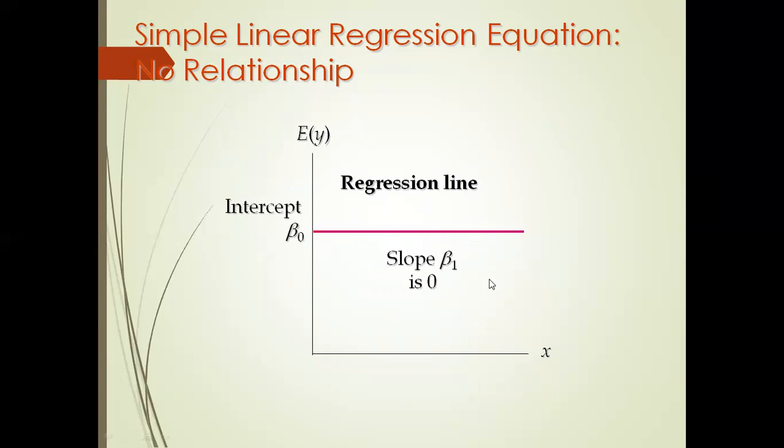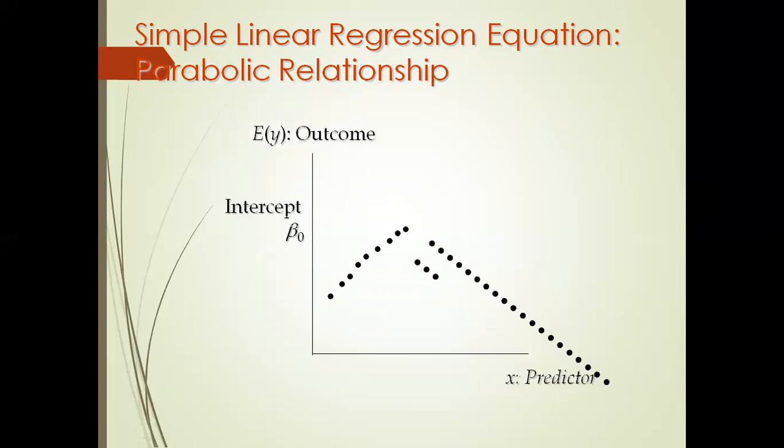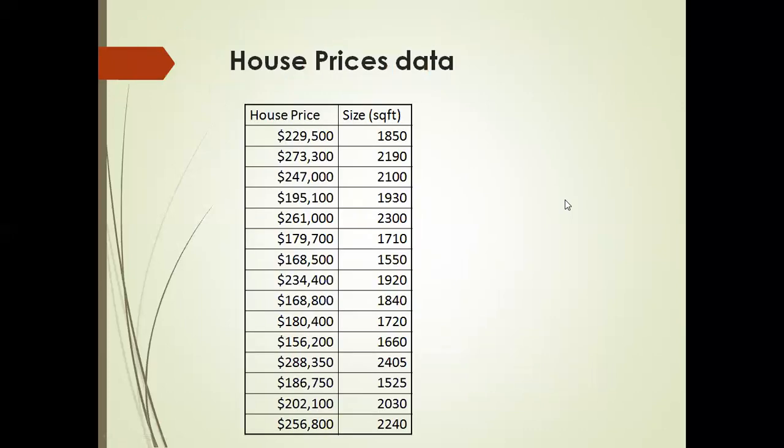Okay, fine. So this is a simple linear regression equation of parabolic relationship. Parabolic means that it looks like a parabola. Here also the value of y keeps on increasing, and at some particular point it starts decreasing with respect to the value of x. That is why it is called a parabolic relation. Next we'll see one example, that is a regression exercise.